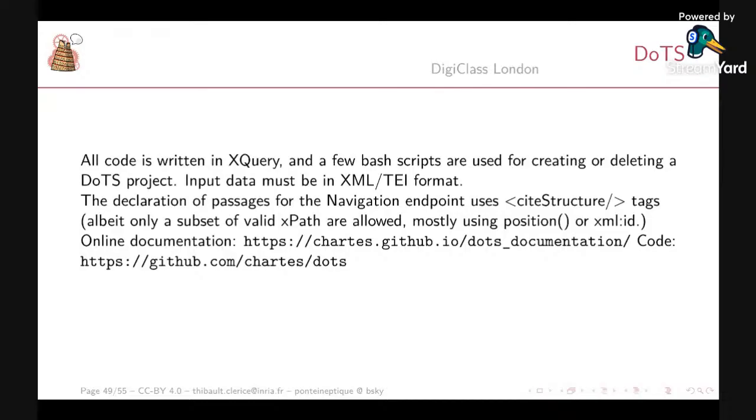Dots Vue and Dots are basically two projects built at the École Nationale des Chartes. Dots, without Vue after, is a backend solution, so a server-side implementation using XQuery and BaseX, and it's valid with the latest version of DTS. The only limitation is that it's a pretty generic implementation. It should work with most of the texts,